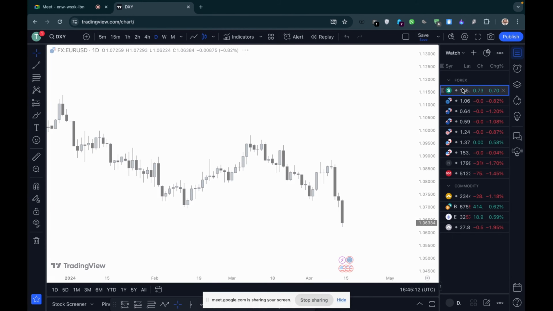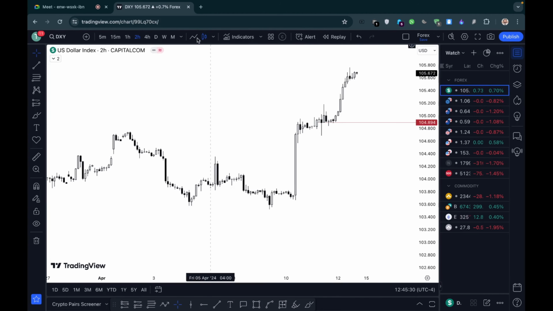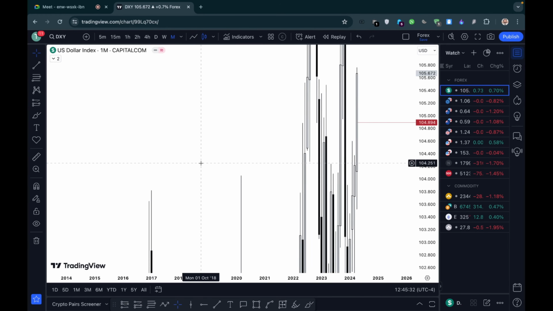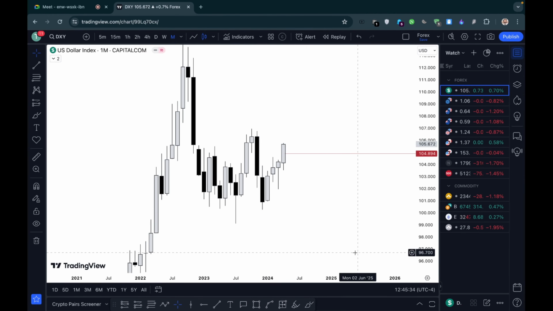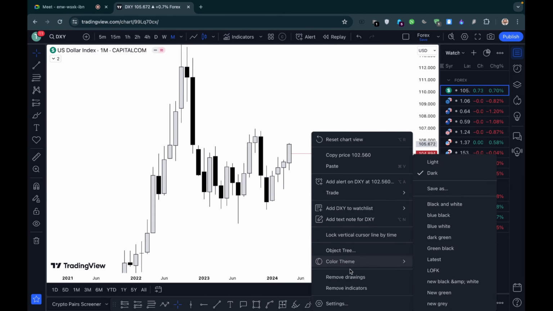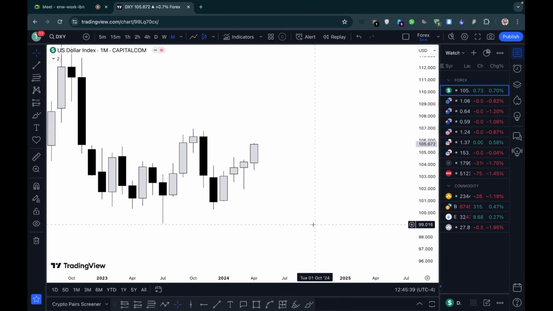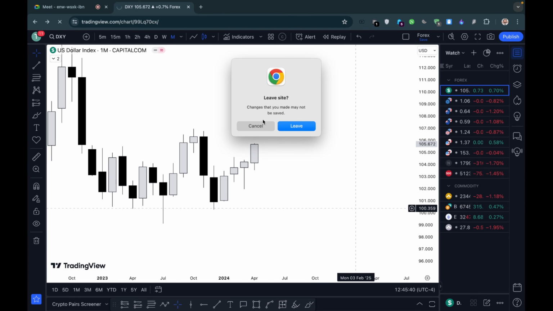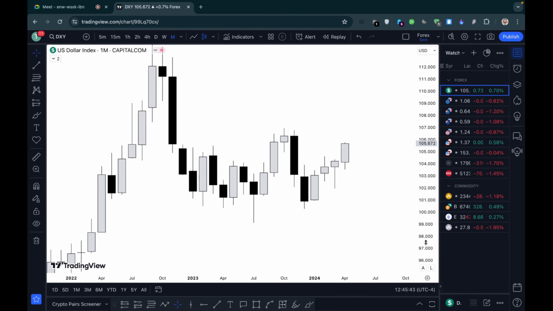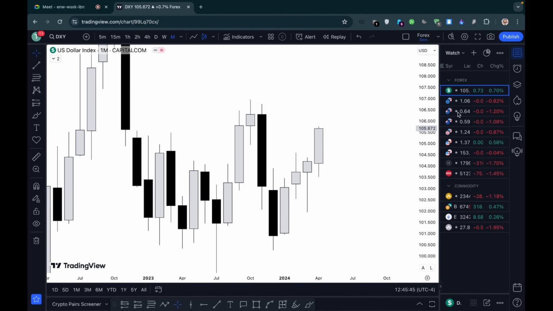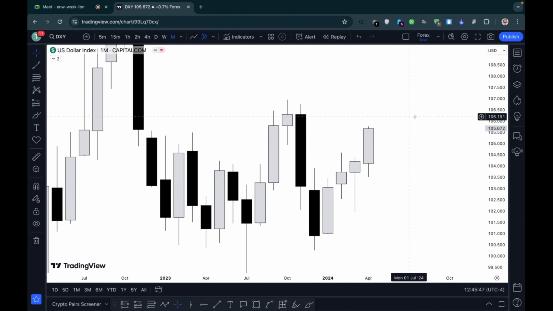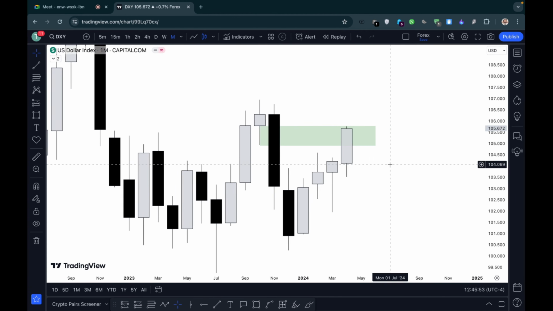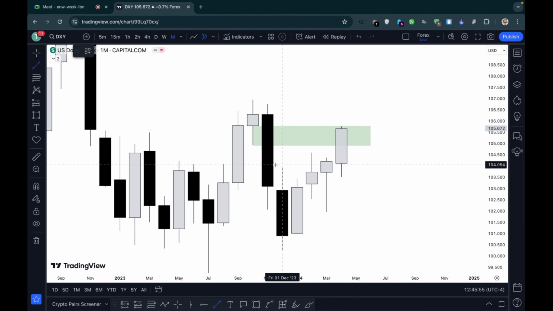We'll start with DXY and with the monthly time frame. Okay, so in the monthly time frame, I can see that price has tapped this monthly order block, right? So this monthly order block has been tapped, and